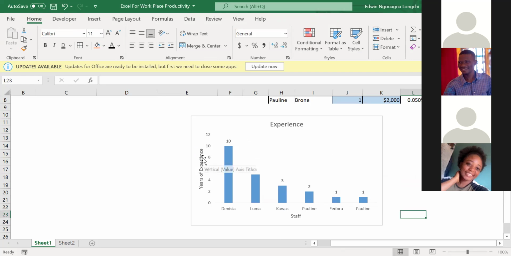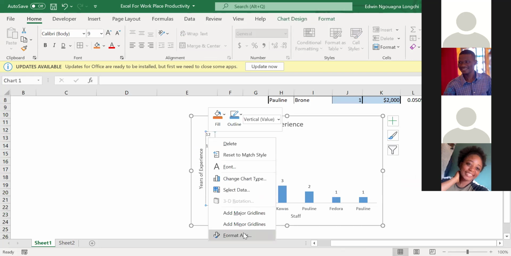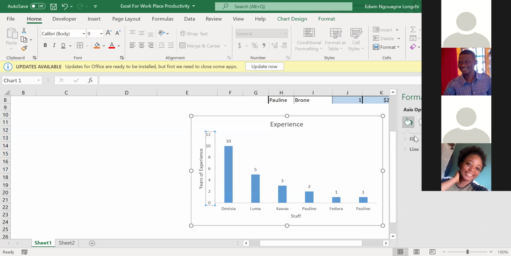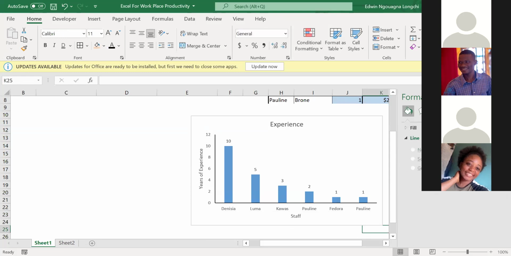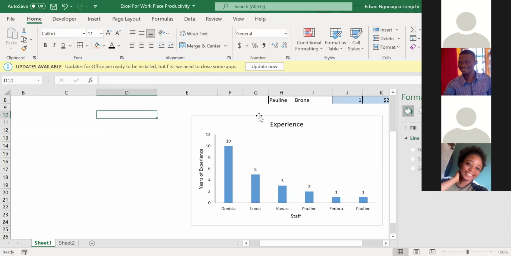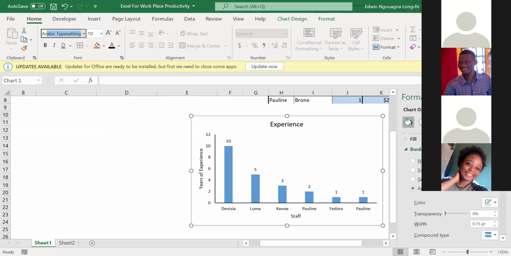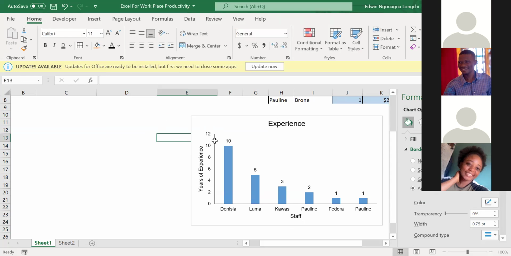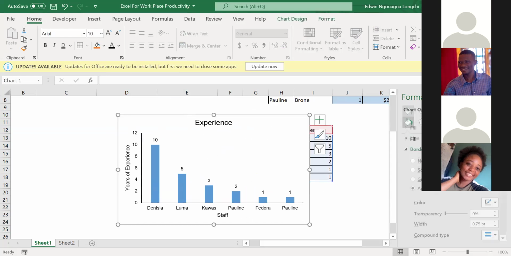Did you notice that? These are how I always format my graphs. So I just come here, format axis, then I'll come to color, then I'll take line, then I'll choose color and I'll take black. All right. Do the same thing for the other axis. So you see, you have your x-axis labeled. Then this text is gray. You can come here and choose automatic black. You can change the font. You can choose area if you want to put area, whatever you want. So we have our first graph.